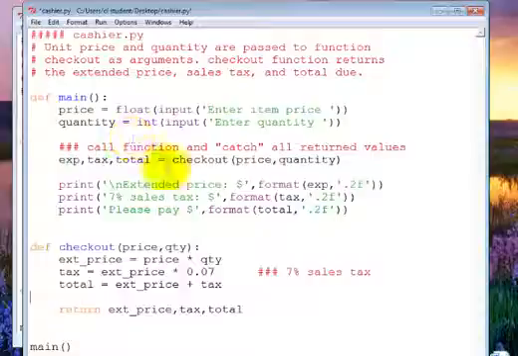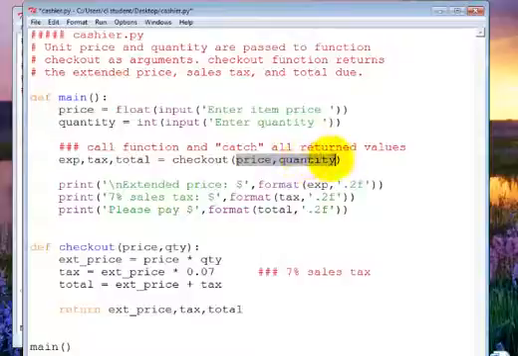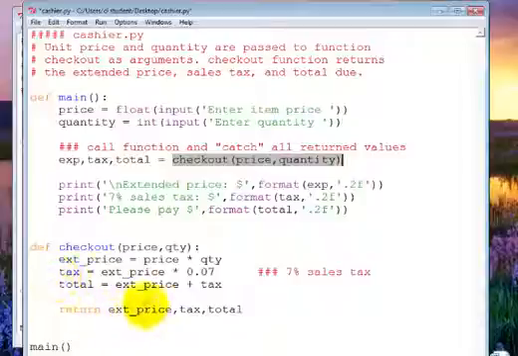Here's where we do the call, right here. Checkout, we're going to toss to it the arguments price and quantity, and it'll do its job. It'll run when we execute it here. Here's what happens when you run that right here. It looks down here to see what to do, executes these statements, and then it's going to return those three